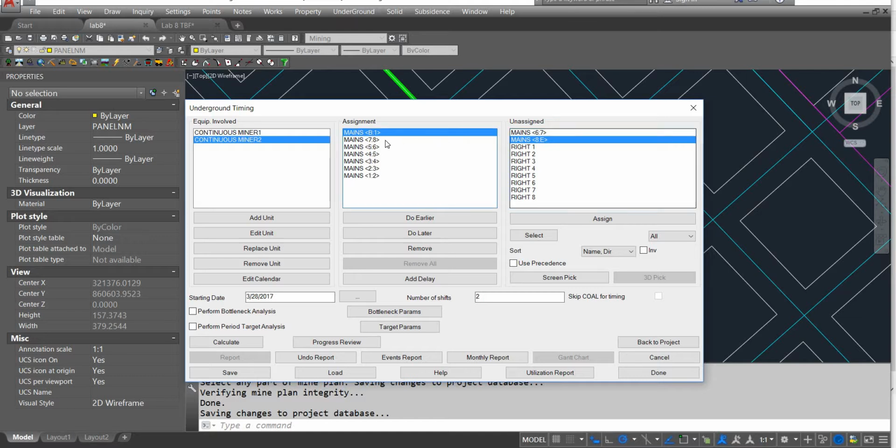Okay, so I think I messed up the order somewhere. So I remove that. 5, 6, 6, 7, 7, 8, and